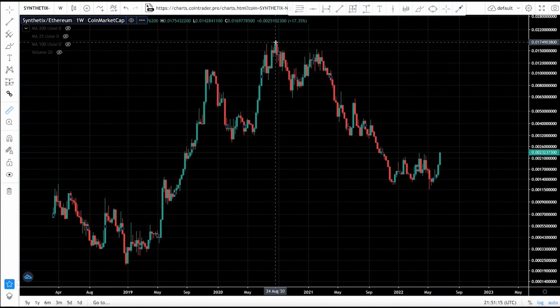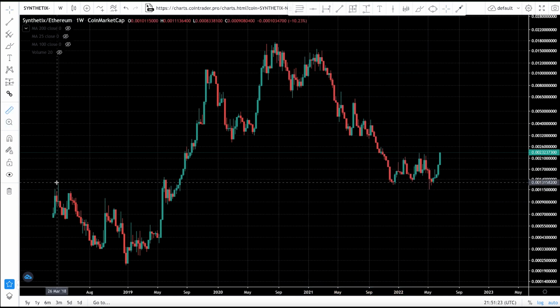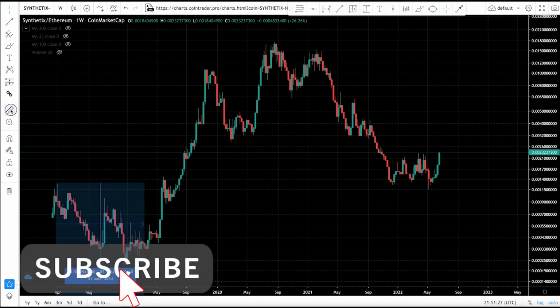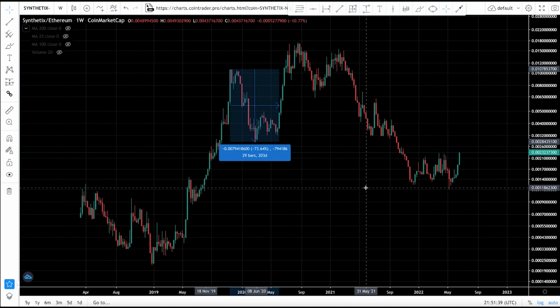And when it found its top, it started dumping against Ethereum, and it has dumped over 93% in that period in time. All the dumps that I have against Ethereum, none of them has been as deep as 93%. This one was an 82% dump. This one was how many percent from the top? This one was a 73% dump. This is the largest dump Synthetix has against Ethereum, and you can see that it's back to a crucial level,